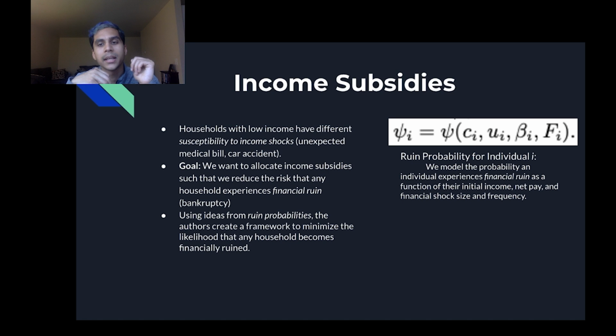So how do they do this? Like I said, here's the mathematical formula. Essentially, the idea is they model the household's starting income. They model the income flow, so how much the paychecks and other income sources are. But then they also model the probability of income shocks. They model the frequency of income shocks, so how often does a household experience income shocks, and then also the size of those income shocks. You get hit with very large, unexpected bills very often, or you get hit with a rare small bill once in a blue moon.